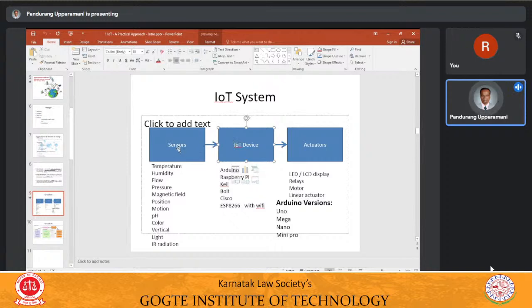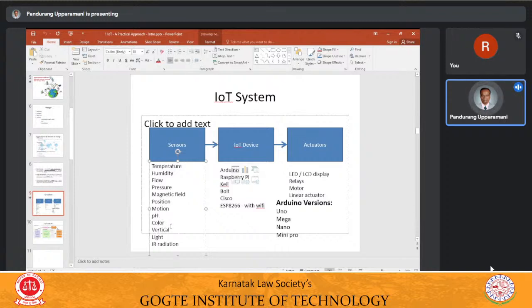Then the input block is nothing but the sensor. For example, the sensors can measure temperature, humidity, flow of water, flow of gas, any kind of flow, pressure, magnetic field, position, location, motion, whether the thing is moving or not, pH value, which decides the acidic and basic nature of the liquid, color,